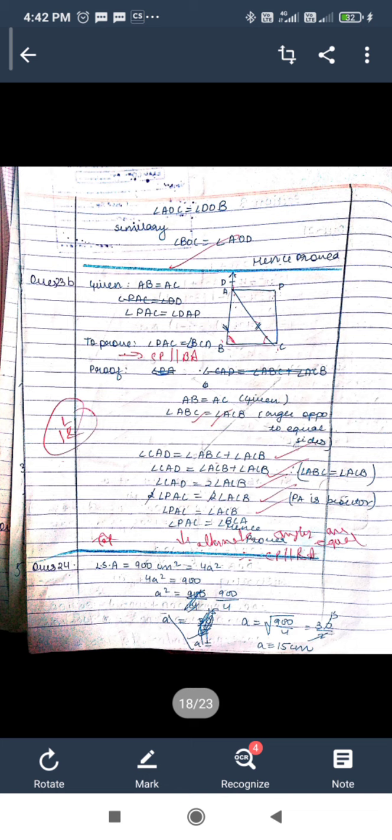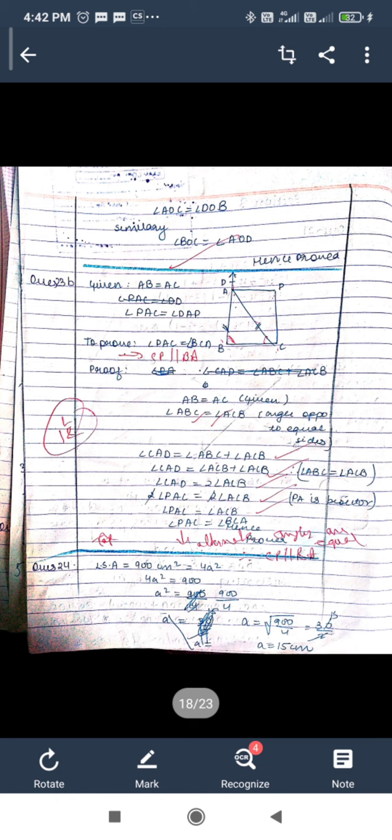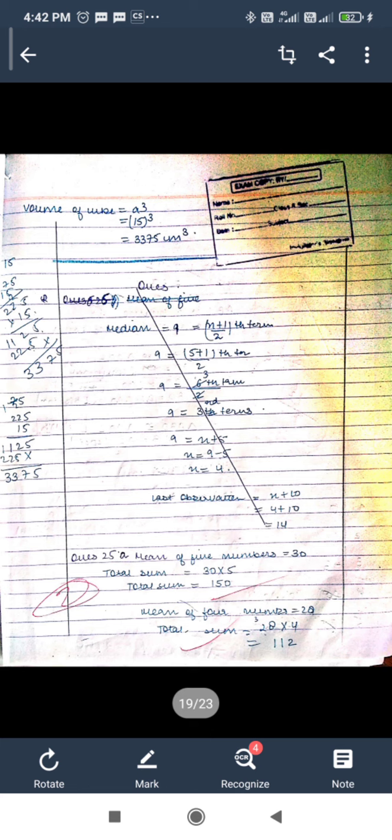Okay, so by the converse of the alternate interior angle theorem, angle PAC will be equal to angle BCA. Okay, now volume. Next question was to find the volume of the cone. So pi r l is equal to the value, and the value of slant height was given, so we can calculate the radius. Okay, next question. Next question is we have to find the volume of the cube. First we will calculate the side, and then we will find the volume of the cube.